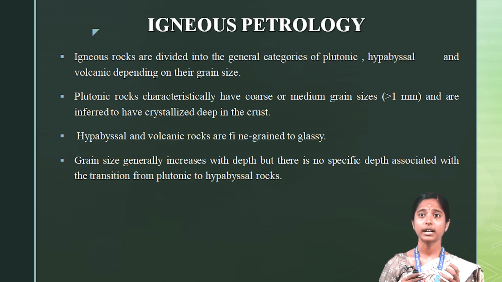Rocks rich in quartz, feldspar, or feldspathoids have very light colored minerals. Okay, that happens in felsic rocks. The rocks rich in quartz, feldspar, or feldspathoids are light colored, very light colored minerals, and they are classified as felsic. The term felsic combines a part of the word feldspar, the feldspathoids, and the silica.